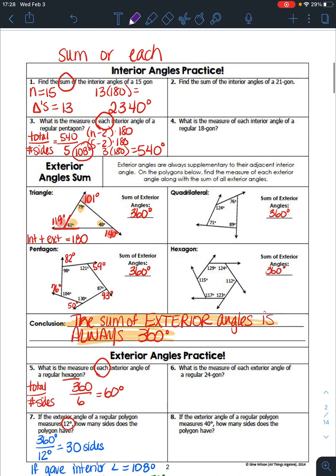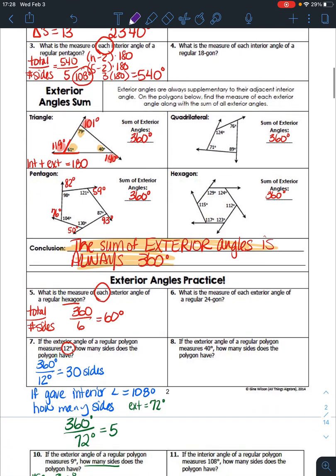And then the sum of the exterior angles is always 360, regardless of how many sides there are. And then one last thing, don't forget, the interior plus the exterior equals 180 because they're a linear pair. And anytime you want to find the number of sides, use the exterior angles, because that's the one thing